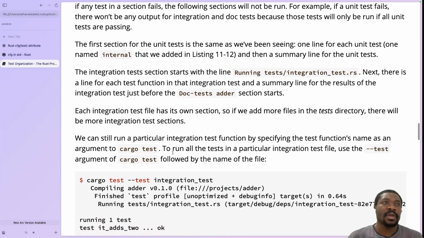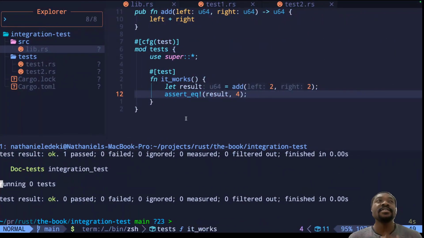Yeah, so followed by the name of the file. Wait, okay, so this is the name of the file, because I remember that when running integration tests, we can actually